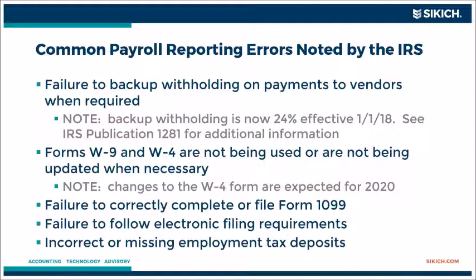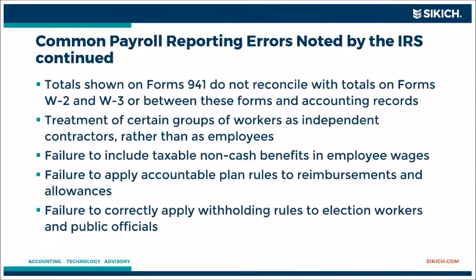They also noted failure to correctly complete Form 1099, failure to follow electronic filing requirements, and incorrect or missing employment tax deposits as common reporting errors in the payroll area. Other common reporting errors include not reconciling the Form 941 to the W-2, W-3 information, treating groups of workers as independent contractors rather than employees, failure to include taxable non-cash benefits in employee wages, and we're going to go through